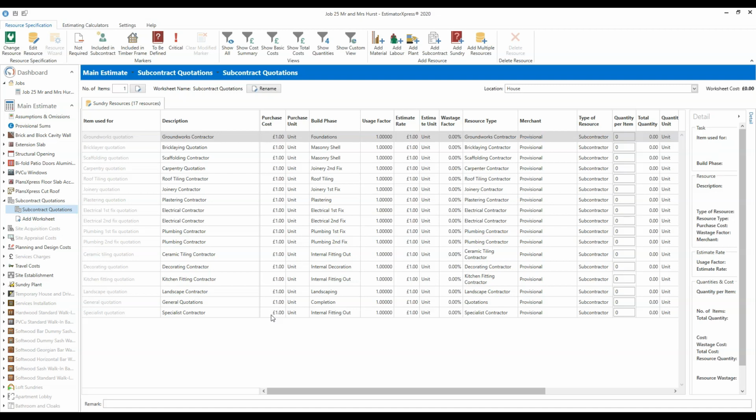So if we select, for example, the PVCU window subcontractor, we could put that in as, say, a specialist contractor. So that's the one at the bottom. If there are any subcontractors that you don't have the specific trade for, you can select specialist contractor. There's also the general quotations, subcontract quotation as well. You could use that. But if we select the specialist contractor